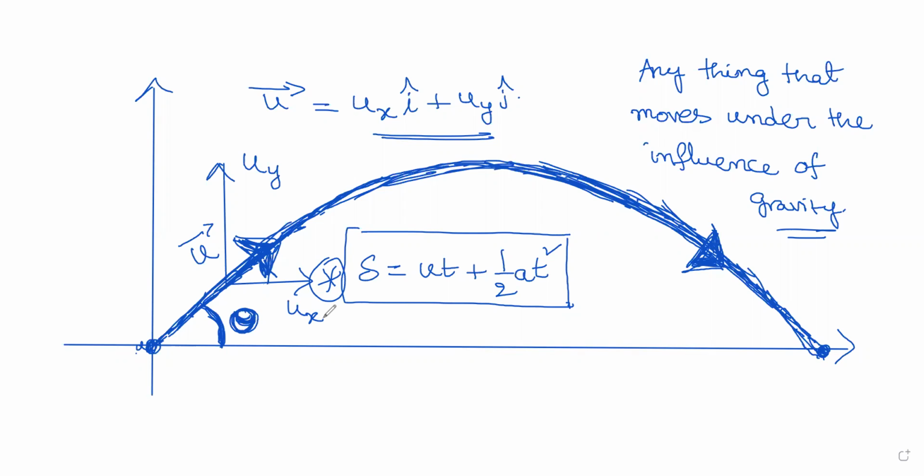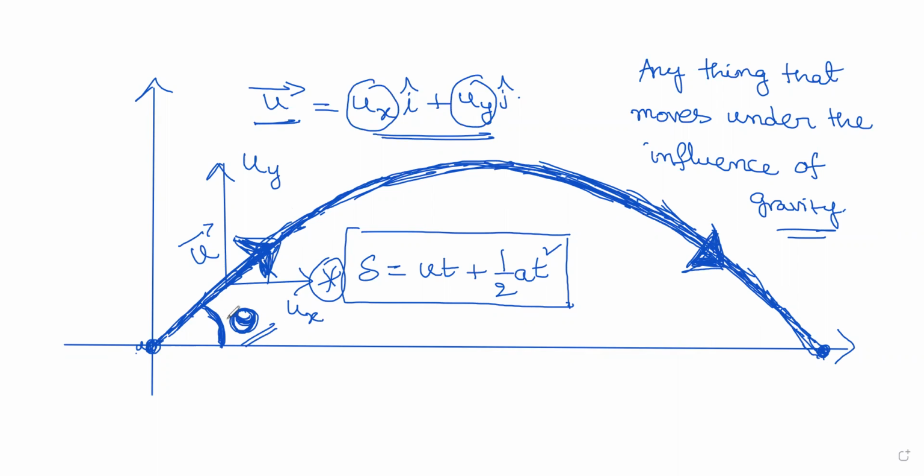And now when the projectile is going like this with an initial velocity u, the initial velocity can be resolved in two components. We can write the initial velocity u bar as ux i cap plus uy j cap, where ux is the velocity in the x direction, uy is the velocity in the y direction, and the projectile is projected at an angle theta. It follows the path of a parabola. You all know that very well. And now, how to solve this projectile motion, in very simple steps, is what I am going to discuss.